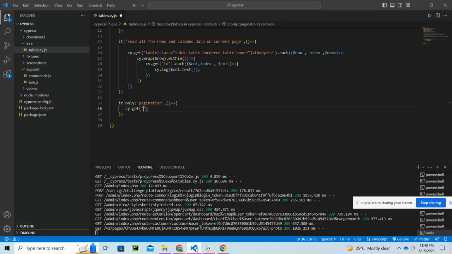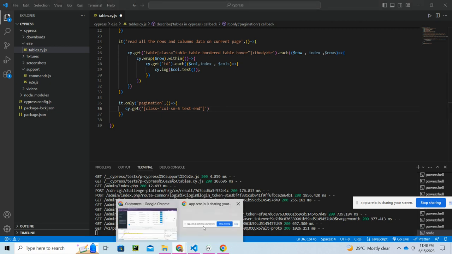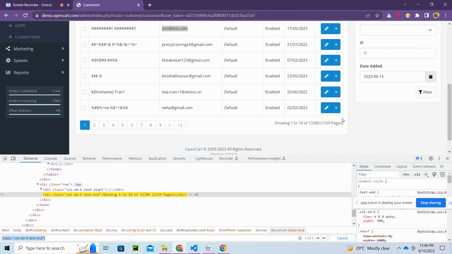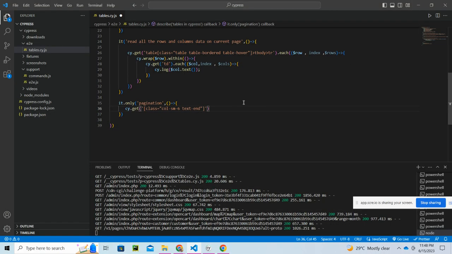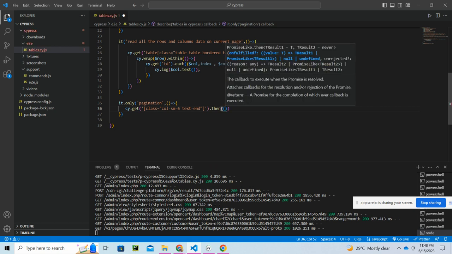Copying this and pasting over here, cy.get the class, and after getting the locator of this whole, we want to visit this particular text, we have to extract the number. So for that, after entering the locator, we'll be using the dot then method,